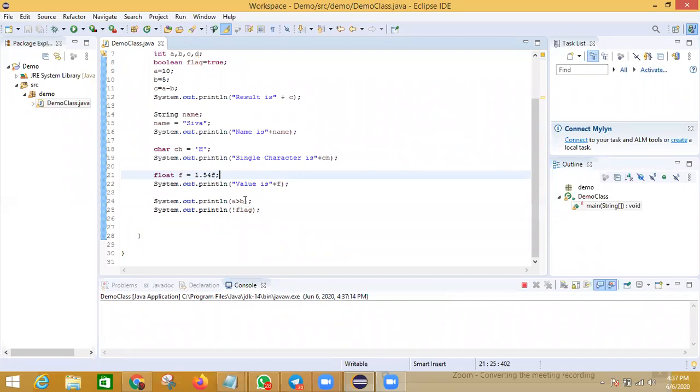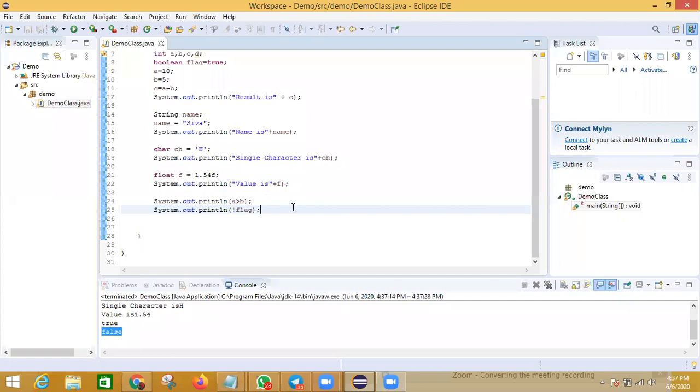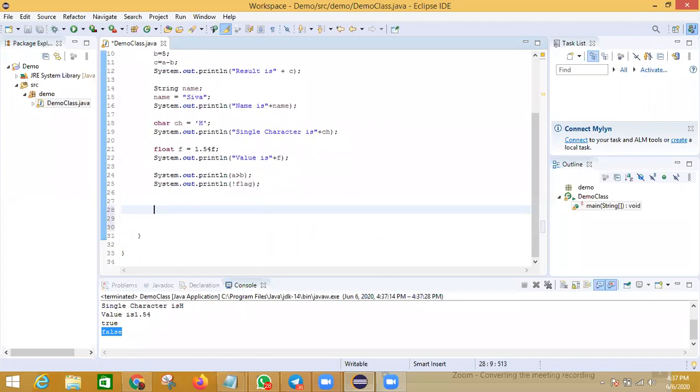Now I want to check two conditions at the same time. How can I check? The flag is going to have a Boolean value, true or false. I write a greater than b, and I want to check one more condition with and.